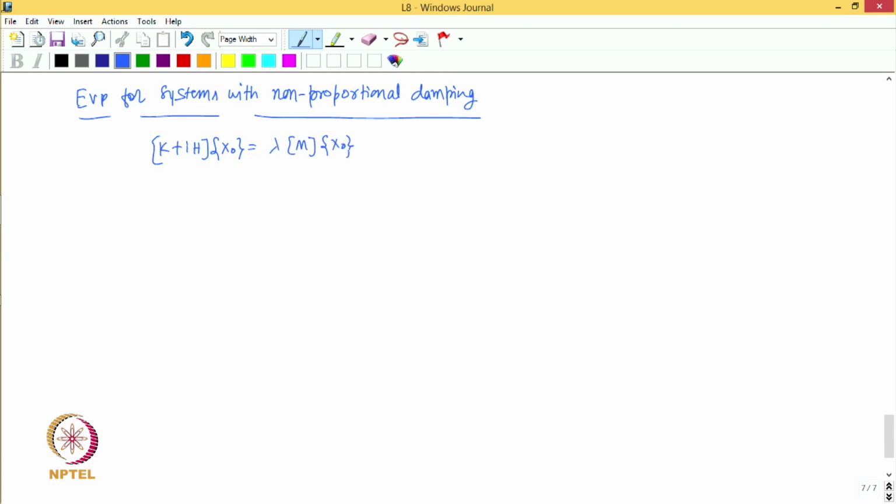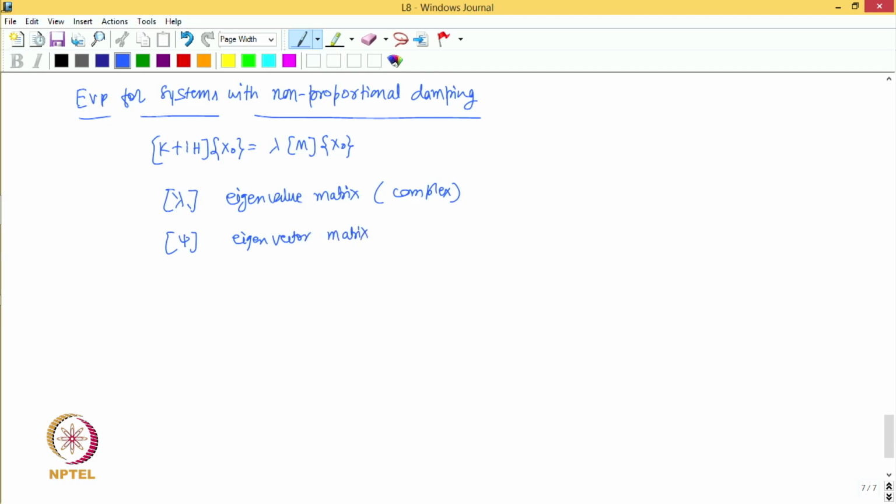So, the eigenvalue problem looks the same, but now the matrix H is non-proportional, and if we solve this eigenvalue problem, it again leads to an eigenvalue matrix. Let us represent the value of this eigenvalue matrix, right, and it is complex, as was also the case with proportional damping, and then we get the matrix of eigenvectors. This is the eigenvector matrix, right,